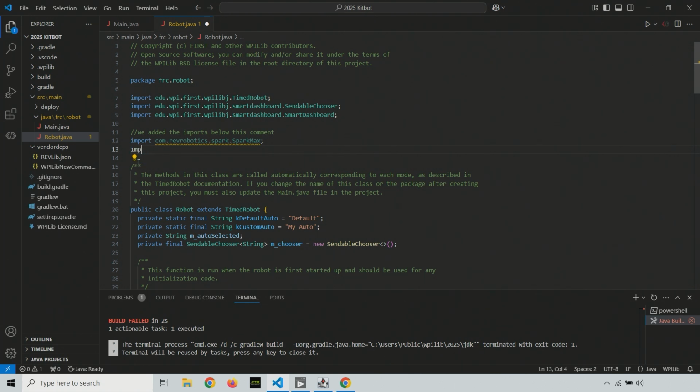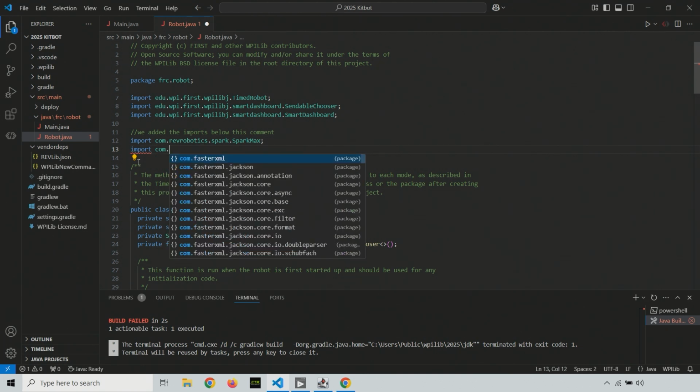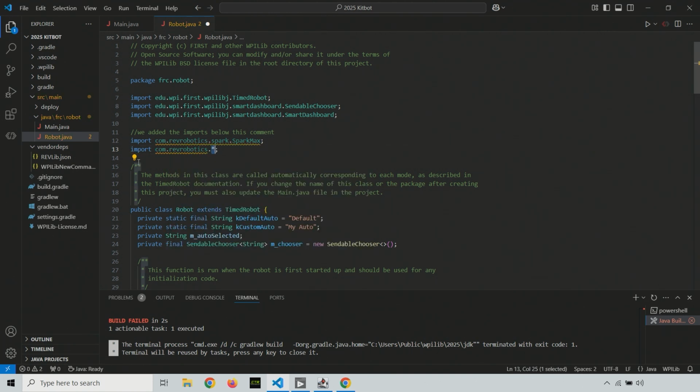Let's do it again. And you know what? It's not an awful idea to copy up to revrobotics.spark, because we're going to do a bunch of things that start with that. But I will do one more from scratch. So import com.revrobotics.spark. And then this one that we're going to add next is